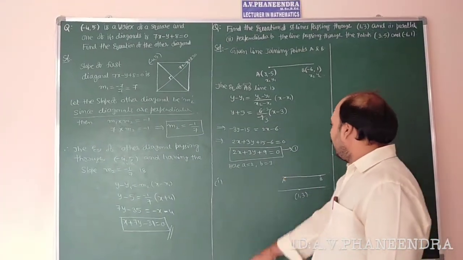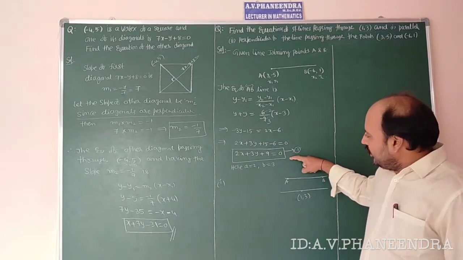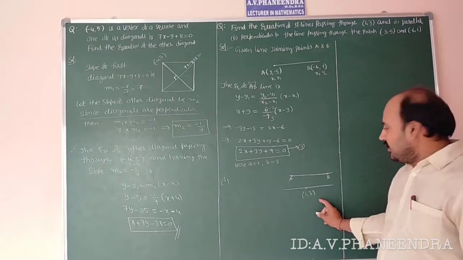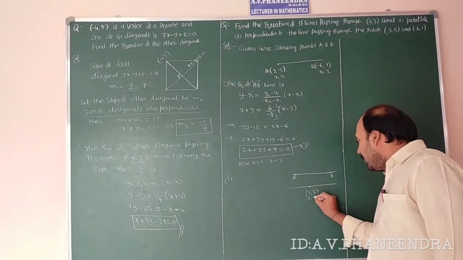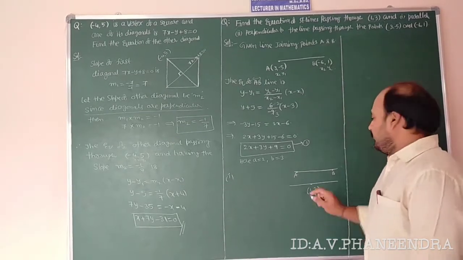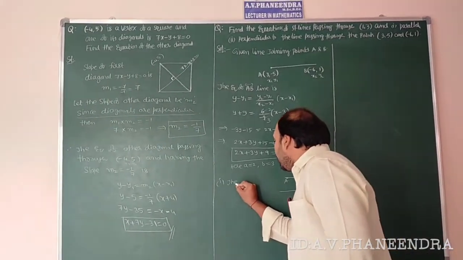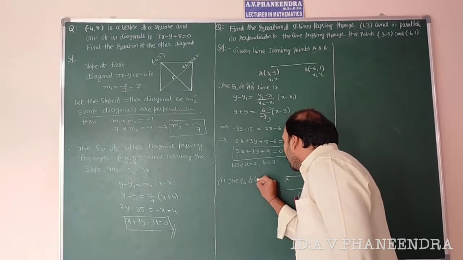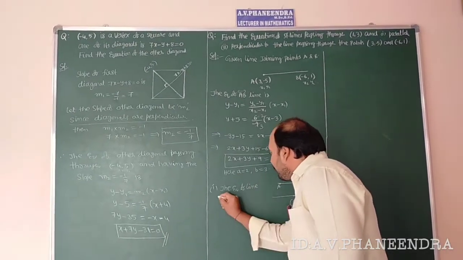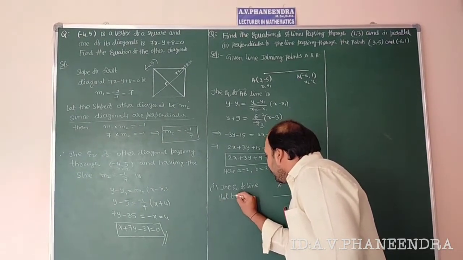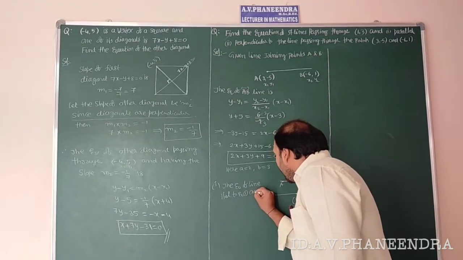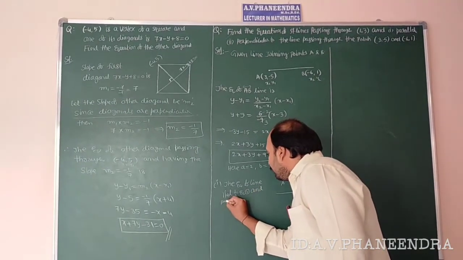So the equation of line parallel to equation 1 and passing through (1, 3). Here we have to assume this point as (x1, y1), which is different from this one. So the equation of line parallel to equation 1 and passing through